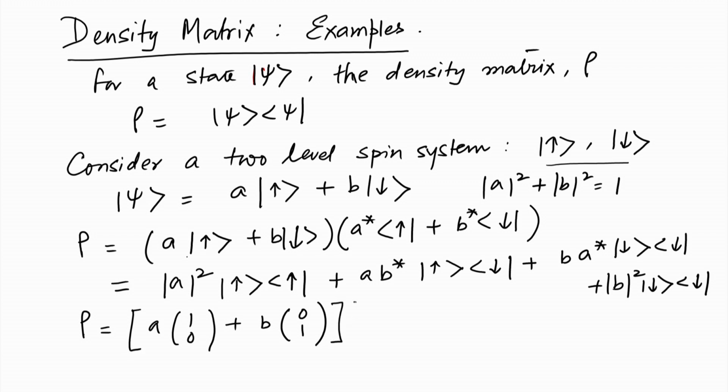Now this has to be multiplied with a star, and we have the conjugate of this spinor, which is now written horizontally, whereas the original vector was written vertically. When you multiply these,